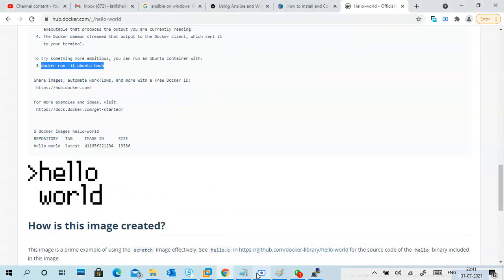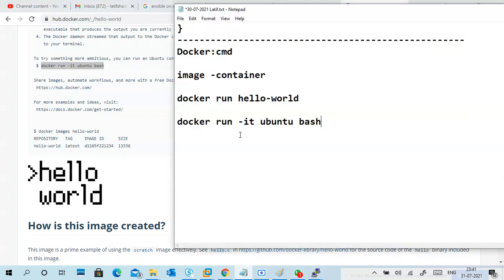So I'm taking that one also. Here also I'm not pulling the Docker image, I'm just running. So it will verify what is the latest version available. It will pull the Ubuntu operating system into our Docker, and we can also run it.